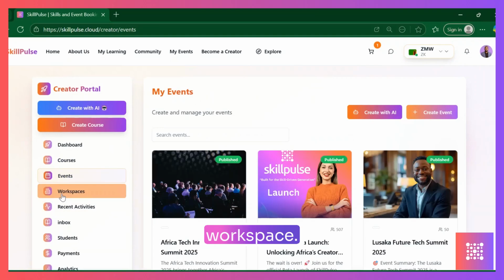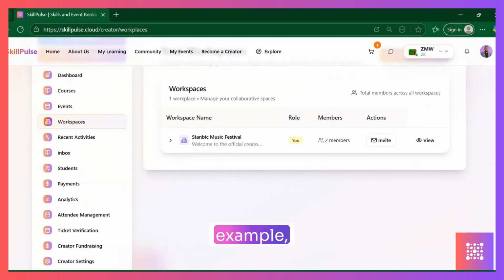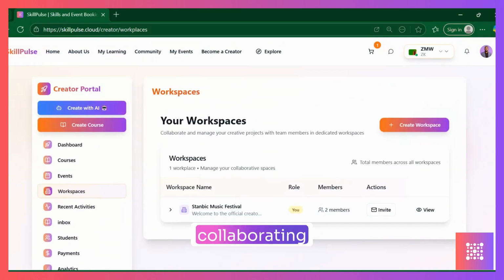Then we have the workspace. The workspace is where you can create a number of workspaces. For example, I created this workspace as an example, which is called the Stanbic Music Festival. So imagine that there are a number of you collaborating on that special event, the Stanbic Music Festival. You work within a bank, which is Stanbic, and you want to collaborate as team members within that workspace. And so in order to collaborate and manage your creative projects with team members in dedicated workspaces,